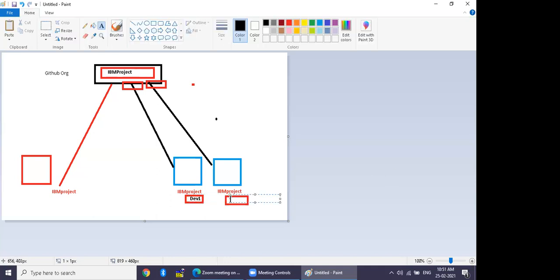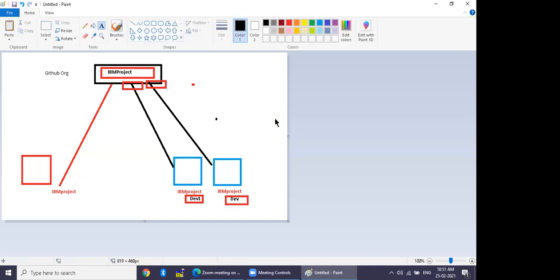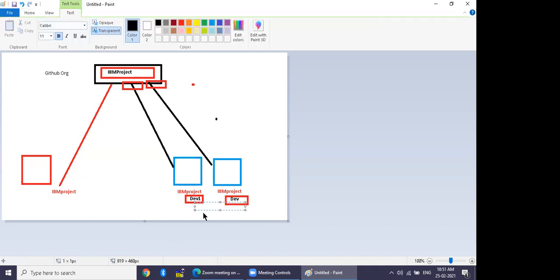So whatever code I am going to store, instead of storing directly in the repository, I am going to store inside a branch. Maybe I have a customer.java, and they may have an order.java. So the branch names are dev1 and dev2.